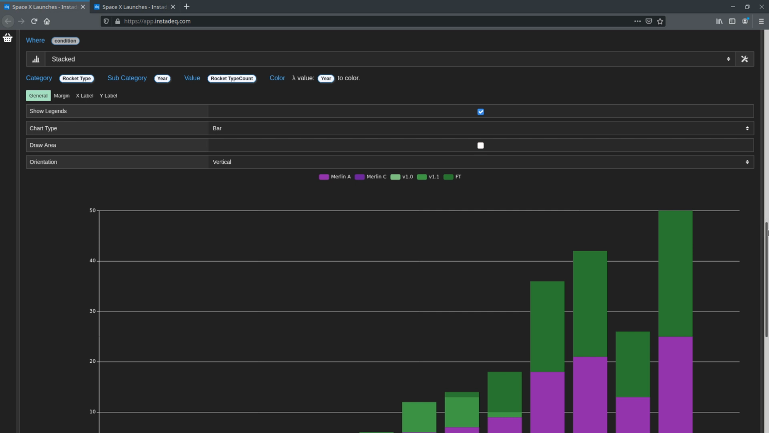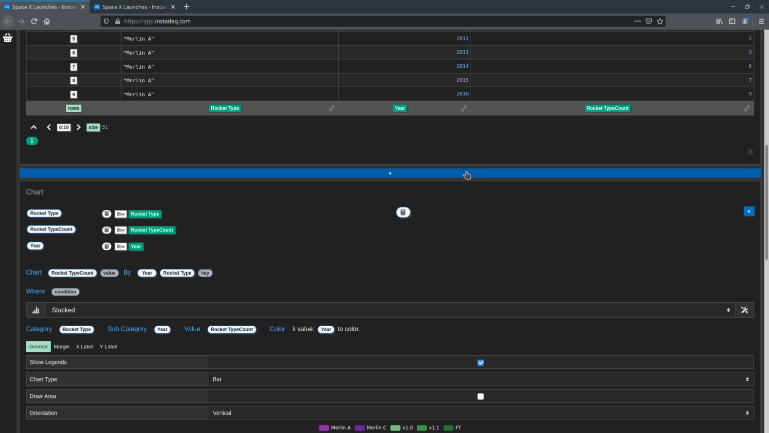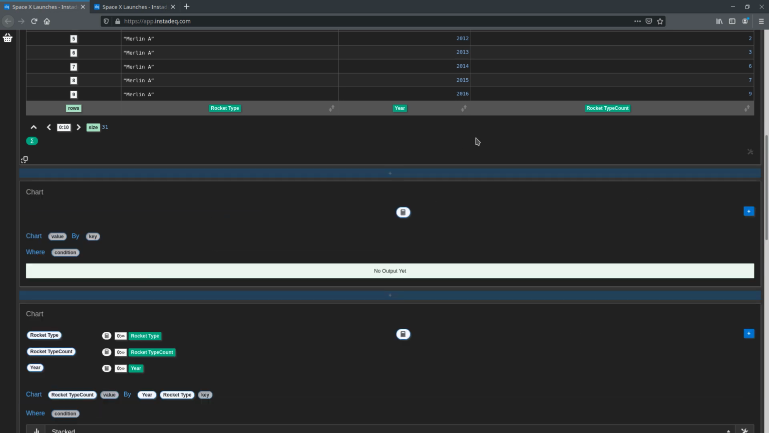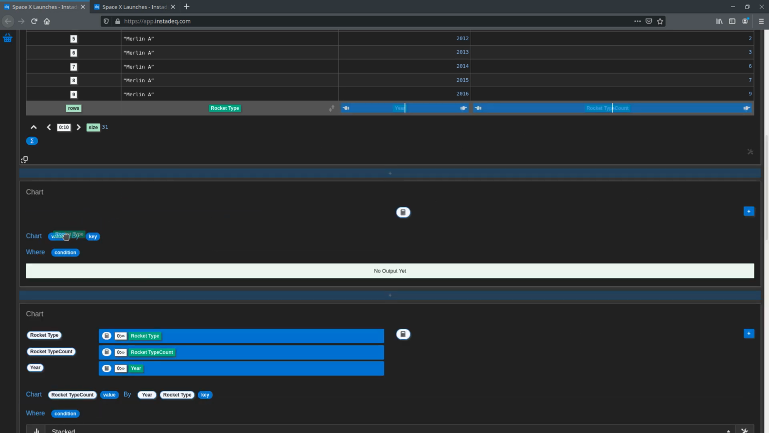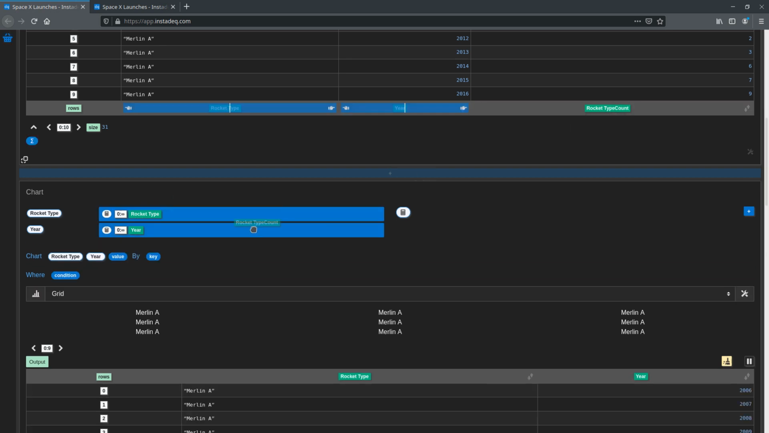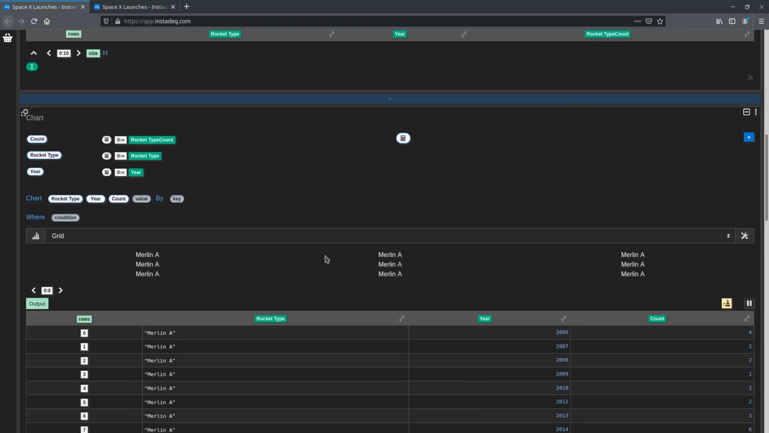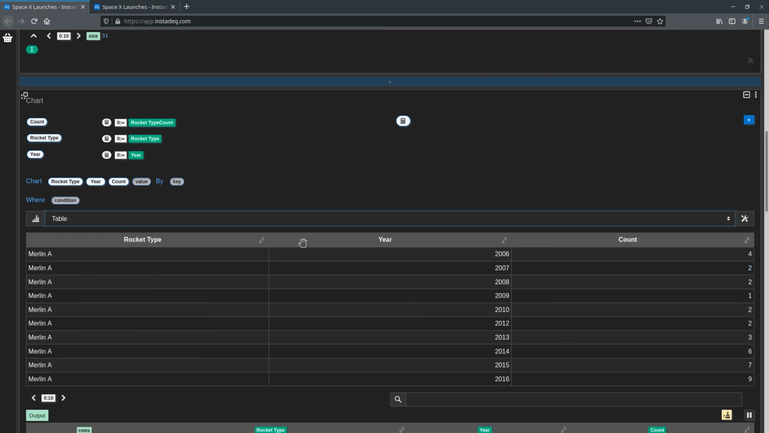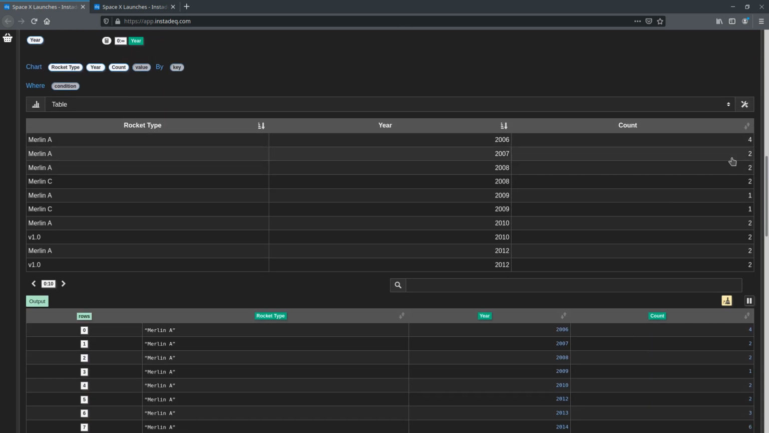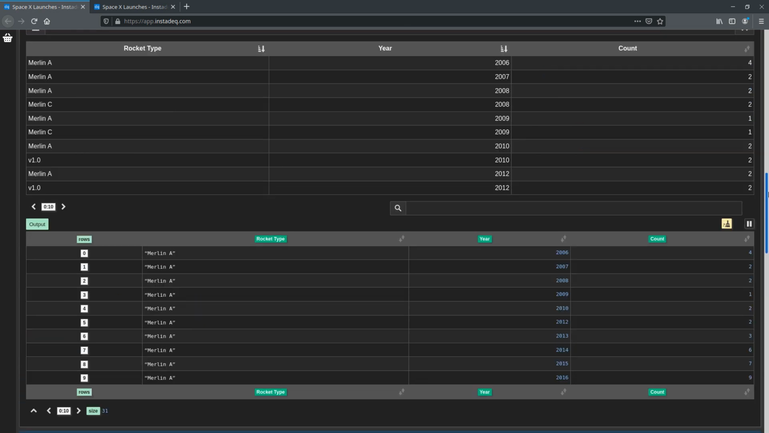and we may want to do another chart, the table. So I create a new chart. I will select rocket type, year and count. I will rename this to count, and I will select the table, and I will sort by year and rocket type. Now we have both of the